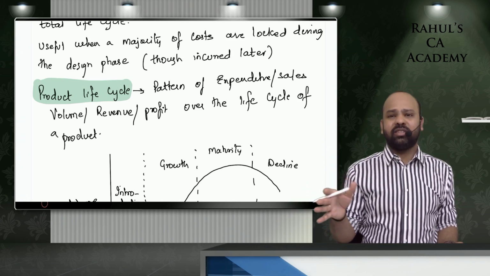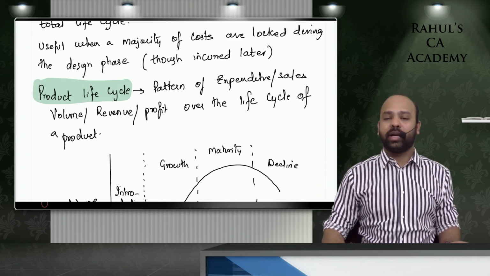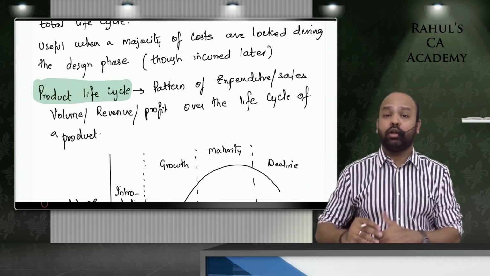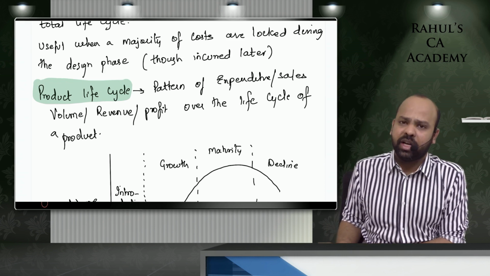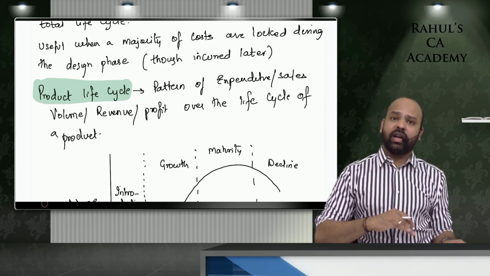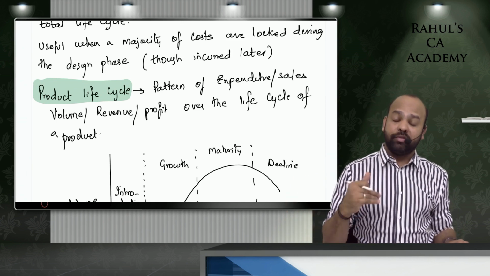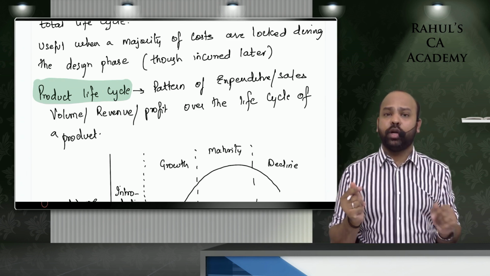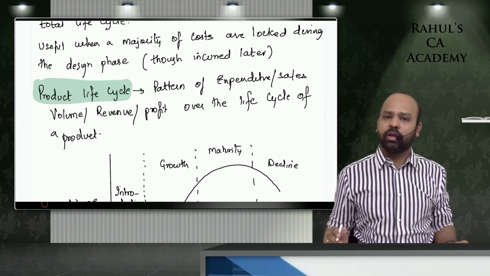And when the production starts decreasing again, you will see your cost per unit starts shooting up again. So that cost per unit will change. Selling price per unit will again depend upon the strategy that an organization is following. Is it a skimming strategy? Is it a penetration strategy? Will they charge a low price and gradually increase price and then start reducing prices again, or will they follow a skimming strategy? So you should understand that the selling price per unit, cost per unit, and the sales volumes at different levels will be different throughout the life cycle of a product.